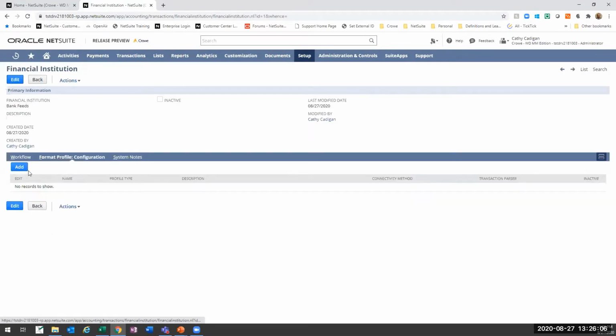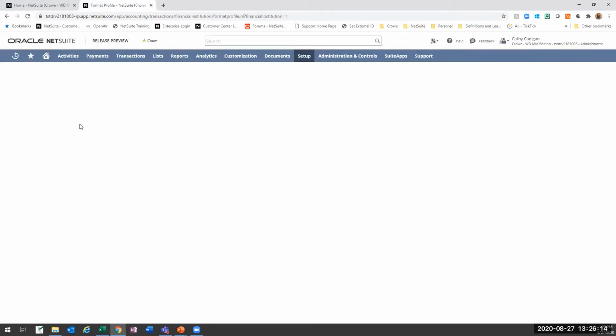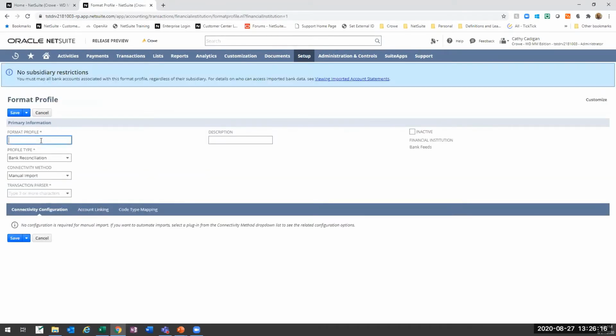And then you come and you add your financial institution here. So every time you add an institution, you create a format. Let's say this is going to be the Bank of America feed. You want it for bank reconciliation, or you can do it for corporate card expenses. This is where you select this. You do say whether you want it as a manual import or as a feed, and then you select the